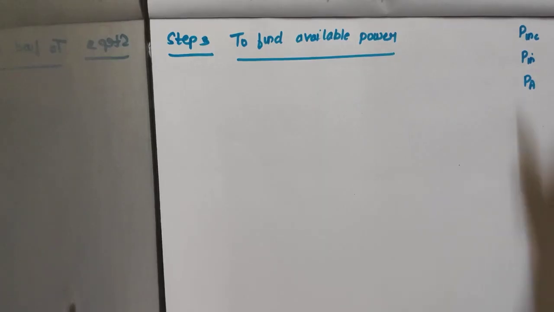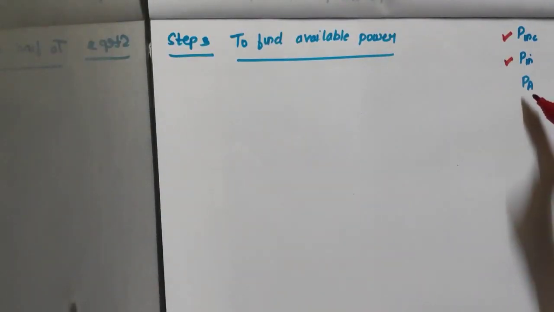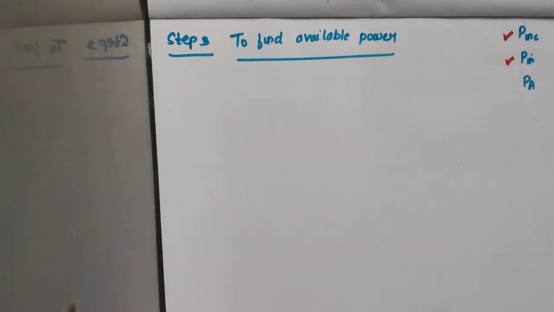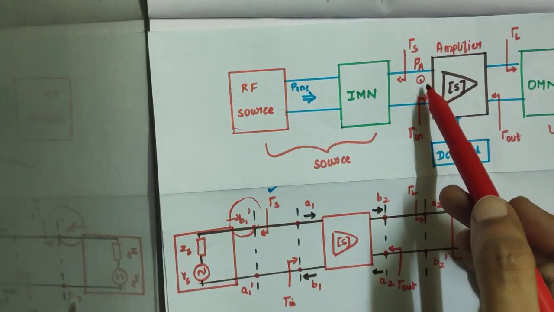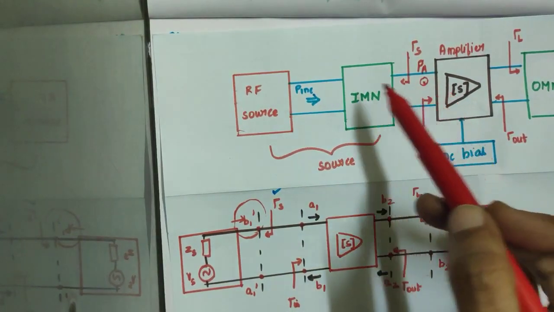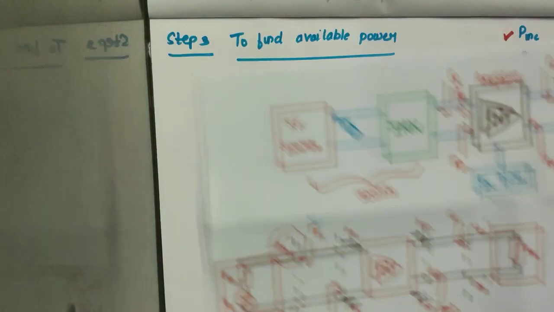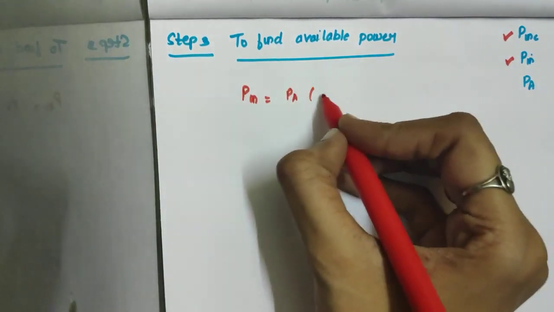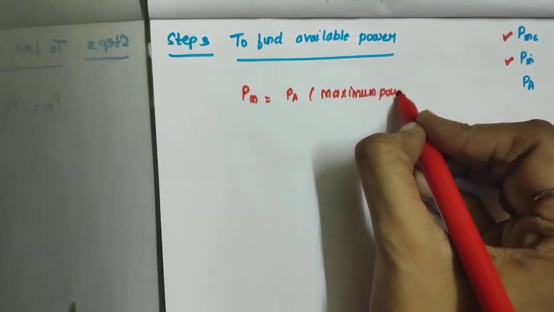So in the previous steps we have calculated the incident power and the input power. Our next step is to calculate the available power. Now how to find out the available power? So once again, as per the block diagram, we have inserted a matching network in between. So only if this terminal and this terminal are matched, we can say that the total power gets transferred from the input power to your available power. Which means I can say that the input power will be equal to the available power under the maximum power transfer condition.